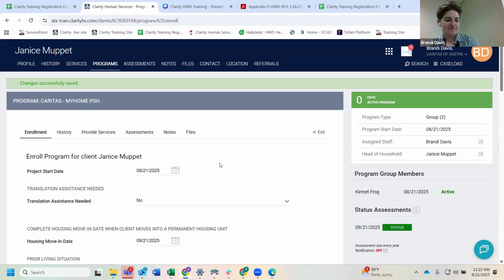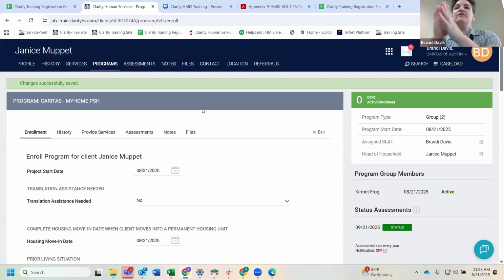Okay, cool. All right. So now we're going to do something in HMIS that sometimes is a little bit complicated and might not apply to everyone. So this would be, how do you handle a situation if a new household member is added to an existing program entry? So for instance, maybe I'm working with Janice and Kermit and they have a little Muppet baby and we need to add the little Muppet baby to our enrollment. Sometimes what we see in our system is that the little Muppet baby would just be on their own individual enrollment. And that's what we don't want to see. So we want to see them pulled into the existing enrollment.